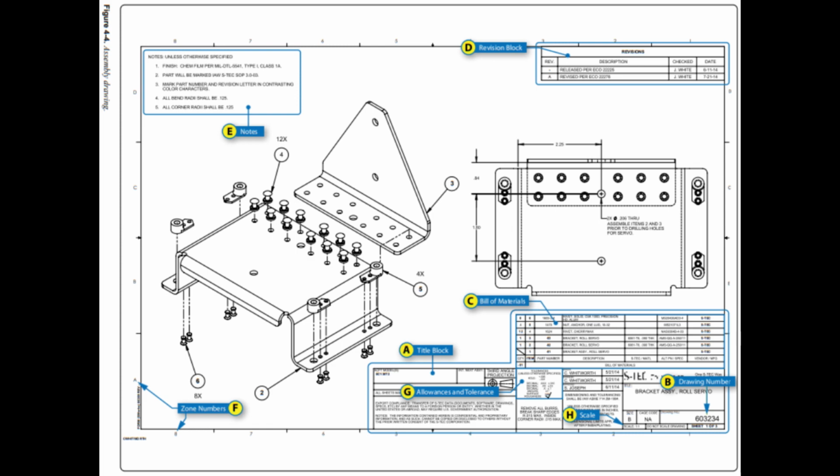Figure 4-4D. The revision block contains the identification symbol, the date, the nature of the revision, the authority for the change, and the name of the draftsman who made the change. To distinguish the corrected drawing from its previous version, many firms are including, as part of the title block, a space for entering the appropriate symbol to designate that the drawing has been changed or revised.